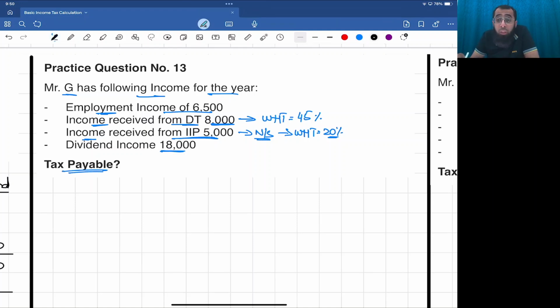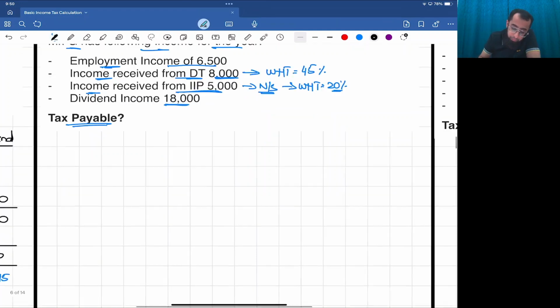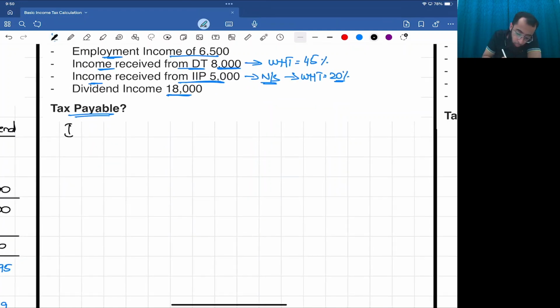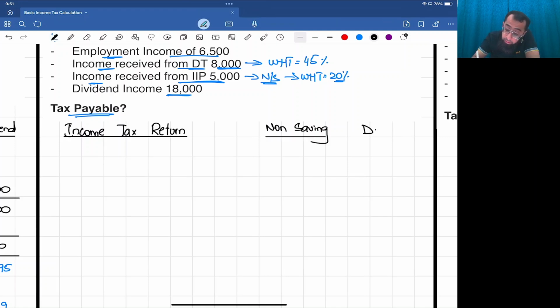I believe it's not difficult. Let's do it. We are making an income tax return. The first head of income is non-saving. And then the second is dividend. Okay. Here you go. The heads of the income. Employment income, how much? The employment income is